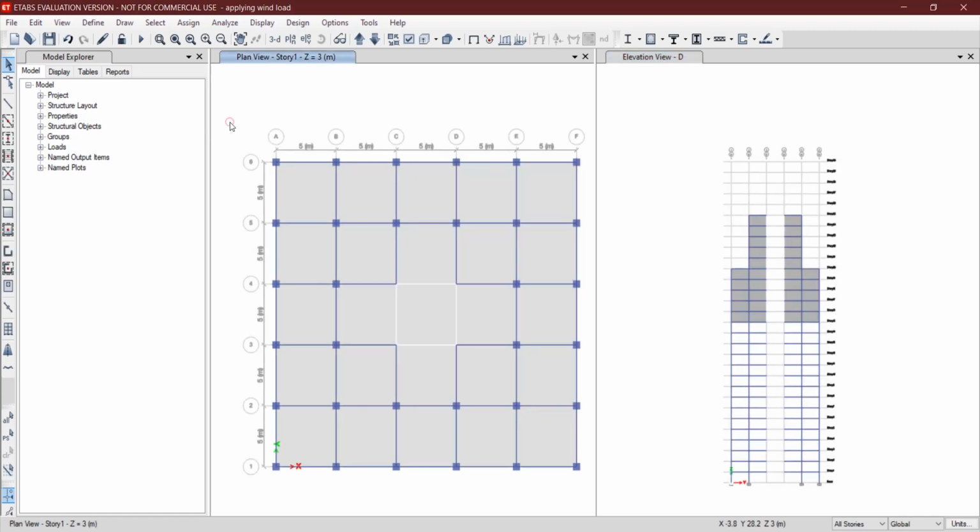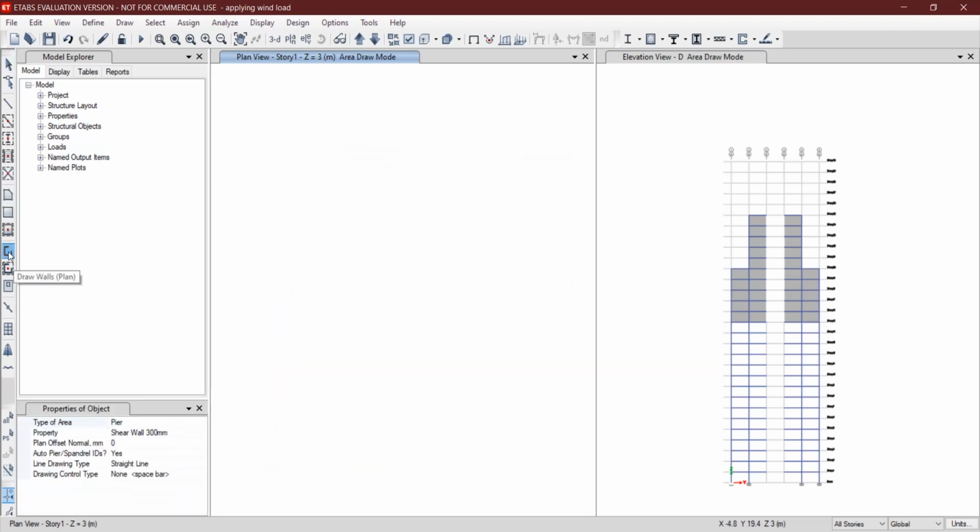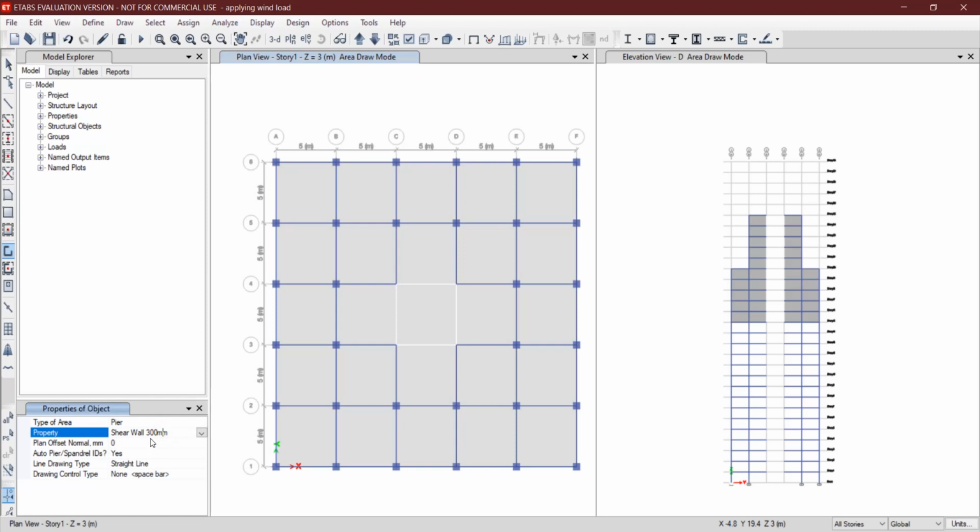Now again coming to plan view, I will draw the shear wall. I will use the quick draw shear wall command for drawing the shear wall, and in property type I will select the 300 shear wall which I have defined just now. I will draw the shear wall.